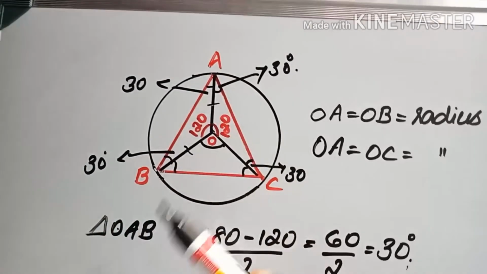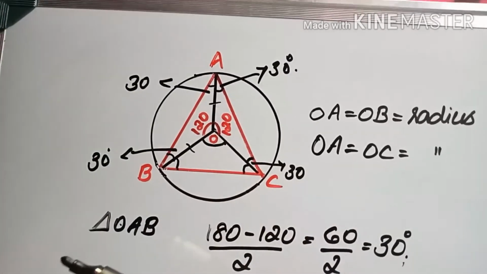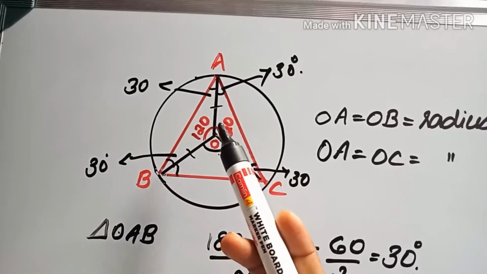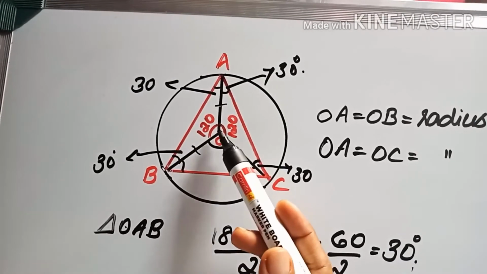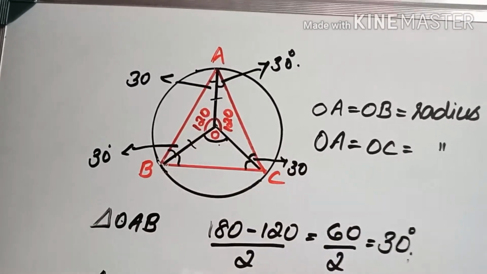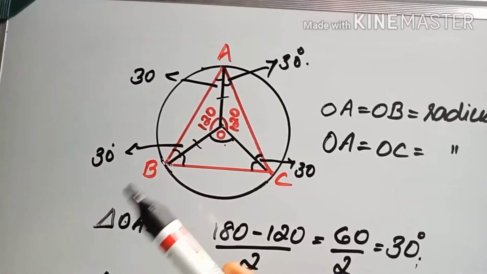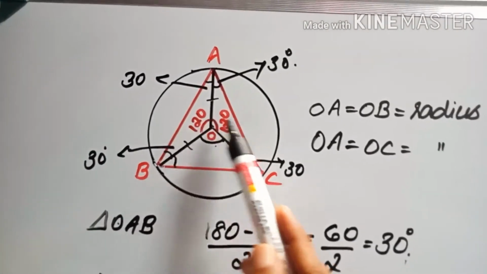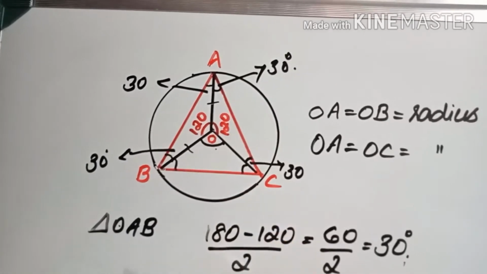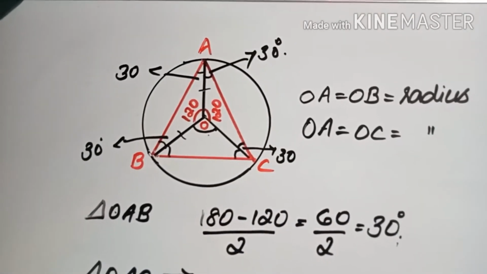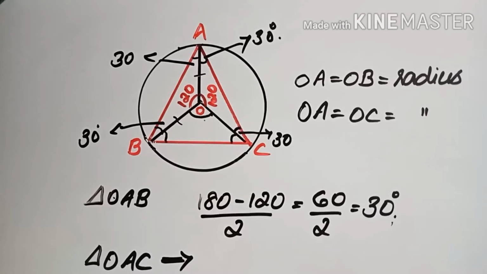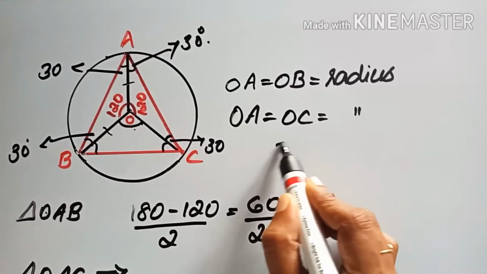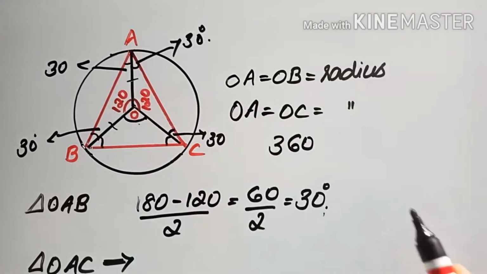For these two triangles we know 120 degree here, 120 degree here, but here it is not given. But we know angle around a center. Angle around a center, it is 360 degree. 7th standard you have learned that. Okay, so angle around a point is 360 degree, means two parts already here. So in order to get the third part, what we will do? 360 minus 120 plus 120. Okay, because angle around the center it is 360 degree.